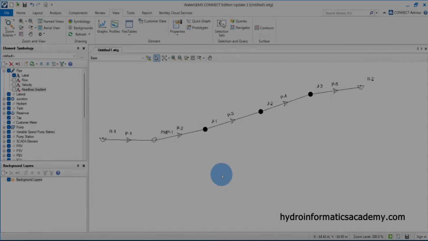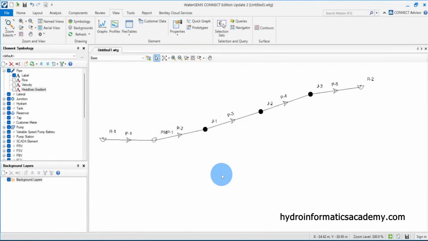So what we need to do is to change a little bit and see if our pump is able to deliver the required flow, which is 4 liters per second. Let me show you how we can achieve that. Okay, so that was the first iteration. So what I need to do next is to have the second iteration. Remember, the objective here is to make sure that our pump is delivering the required discharge, which is 4 liters per second to our destination. So second iteration, if I go back here and select my pump curve,